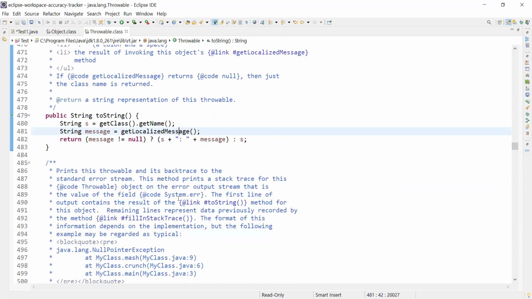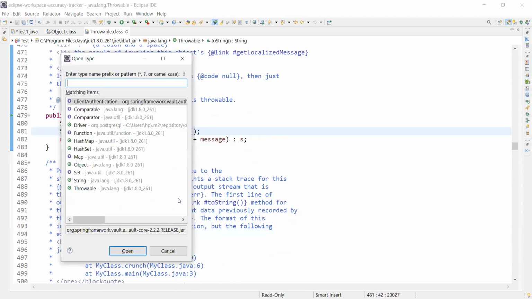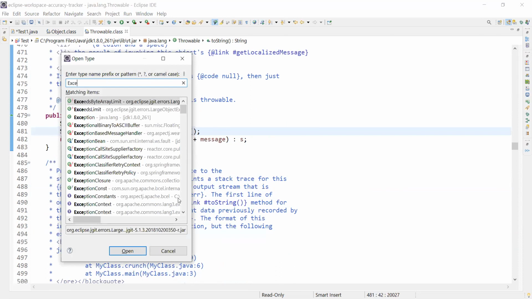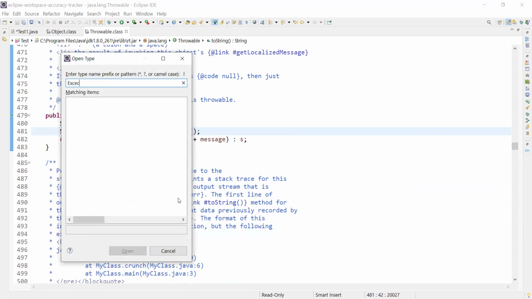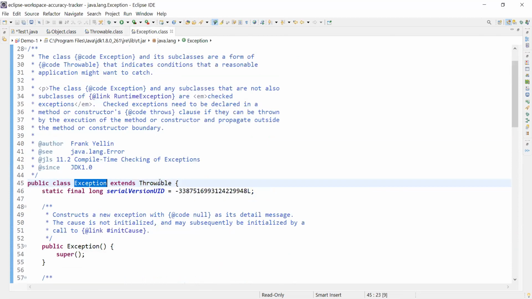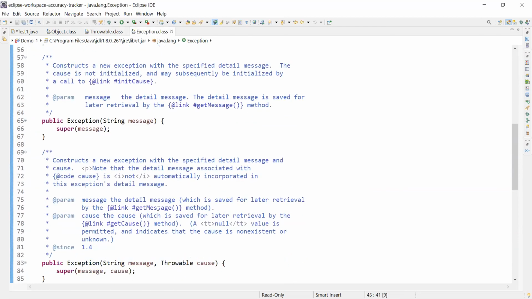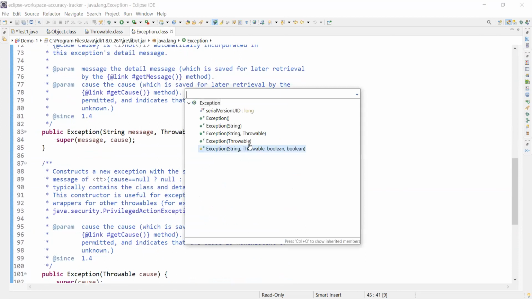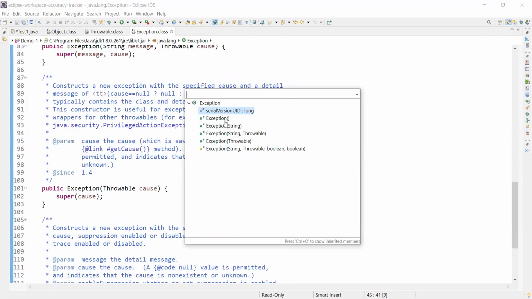And if we go further down, we'll get the Exception class. If we see, this class extends Throwable, and here are the methods. In this class we don't have any method, I think only constructors are there.